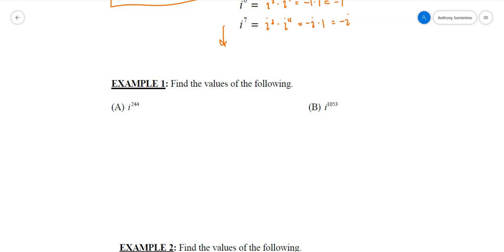So here we have a question asking us to evaluate what i to the 244th power is, and to evaluate what i to the 1053rd power is. Obviously you're not supposed to continue this list we had up here until you get to 244, until you get to 1053. What we're going to do is take this number here, 244, and divide it by 4,